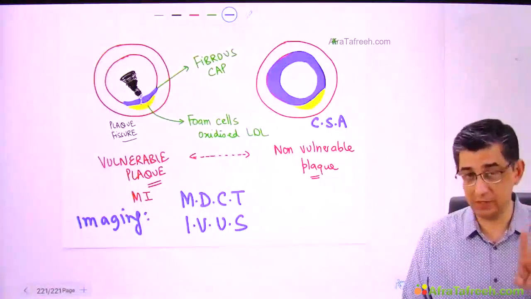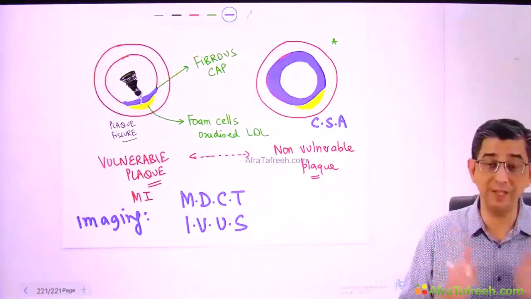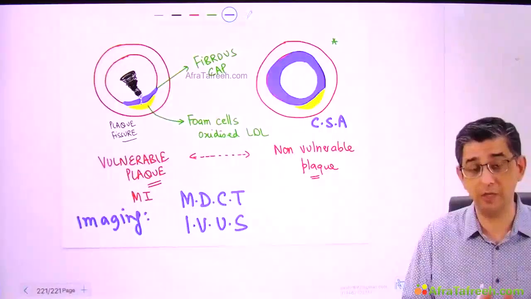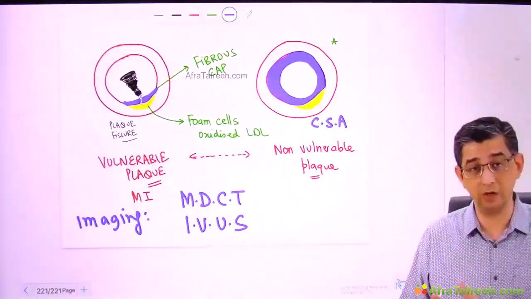So the main concept which I want you to remember at the moment from the MCQ domain is, there are two messages in fact from this slide. One, atherosclerosis less or more, both is dangerous. In fact, having lesser is more dangerous. Why? Because it's a vulnerable plaque. So chances of MI will be relatively higher. If atherosclerosis is more, anyway bad news, because the person will develop chronic stable angina.